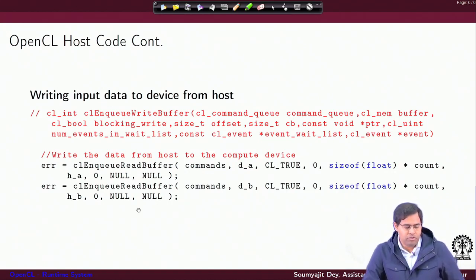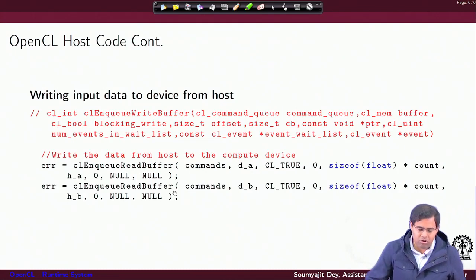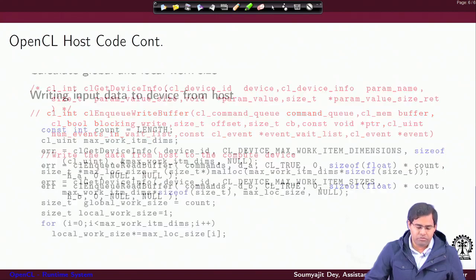So you have to enqueue commands for reads and writes. The first thing would be that you want to enqueue the host side values to the device side buffers, right, in the context that you have set up. So, in your context you have the command queue that you have already set up. In this command queue you are enqueuing read buffer commands to read from the host side array HA to the buffers that you have defined inside your context, which are DA, right.